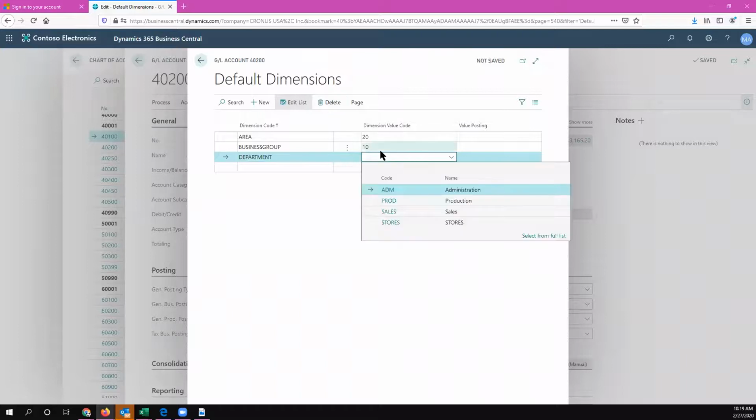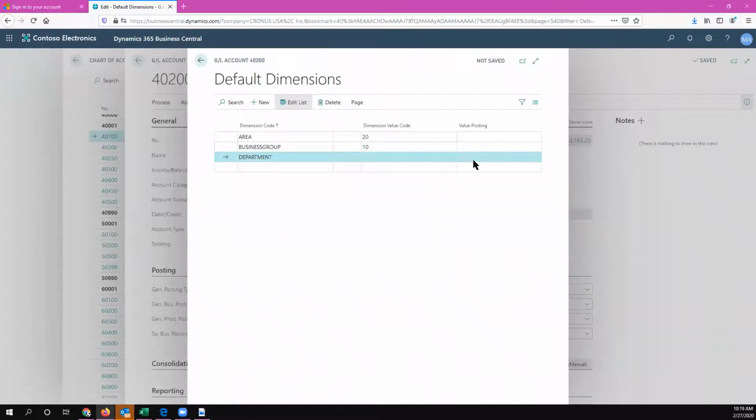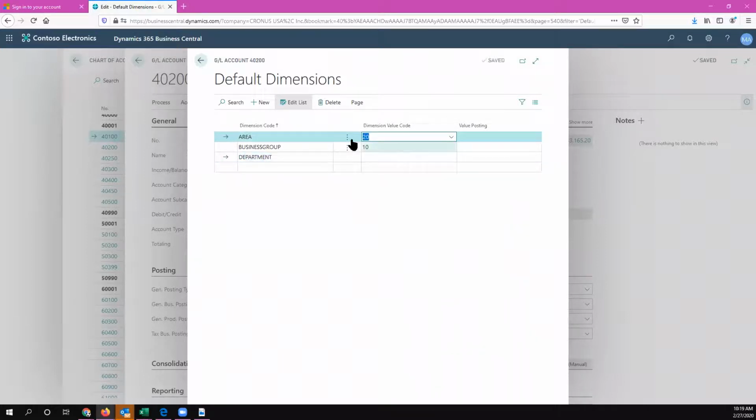using for this GL account, and to avoid confusion when I'm actually posting information to this account, okay, it could be that an area is being selected, but maybe you could specify that if you want to post information into this GL account, any dimension that you want should be mandatory. So in a sales invoice or in a general journal, the person that is using that type of document, any document, should include